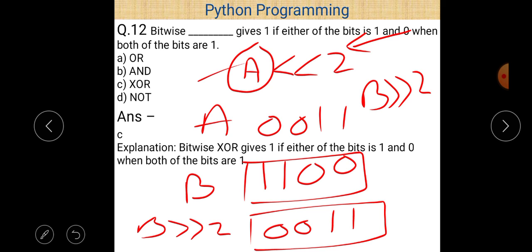Okay, so these are the left shift and right shift operations. In left shift and right shift, the digits are shifted to the left or to the right by a given number of places, as given in the question. In this question 2 is given, so it is shifted two places to the left if a left shift operator is there, and in case of a right shift operator it is shifted two places to the right. Okay,